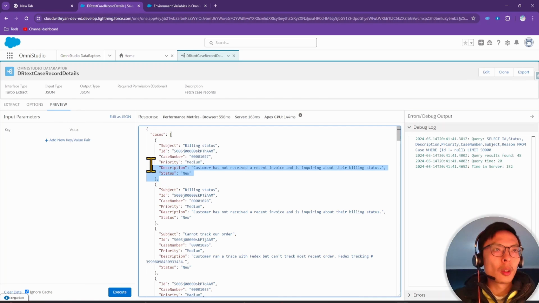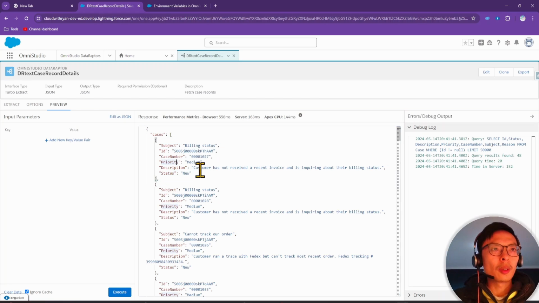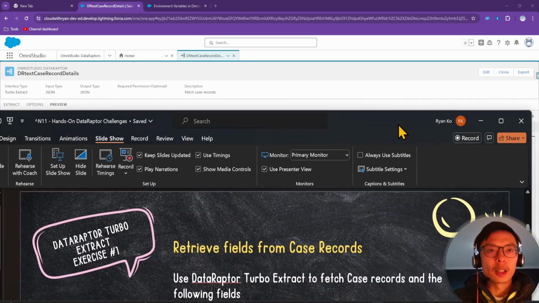And each of these items contains a case record. So in this case, Boolean status with a case number of 1027, and with all the fields that have been specified